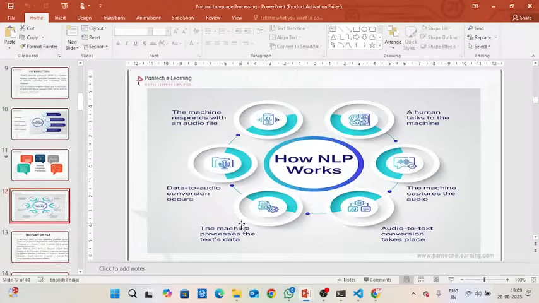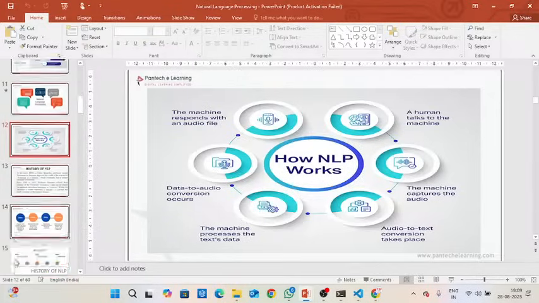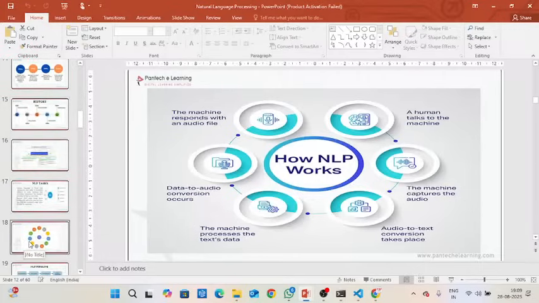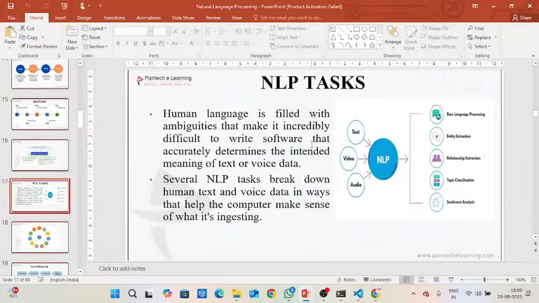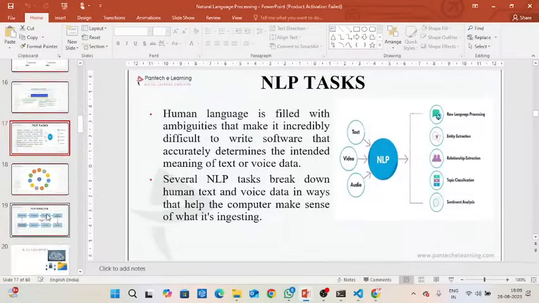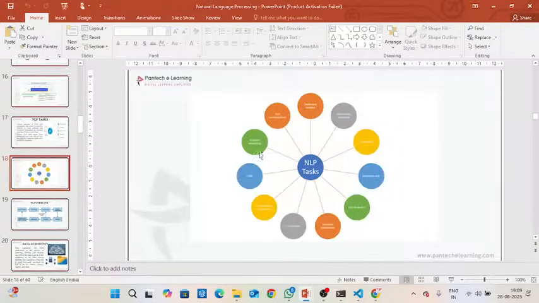After that, the data is converted into audio format and replied back to us. We can process text, video, and audio using NLP. These are all the processes that happen using NLP.